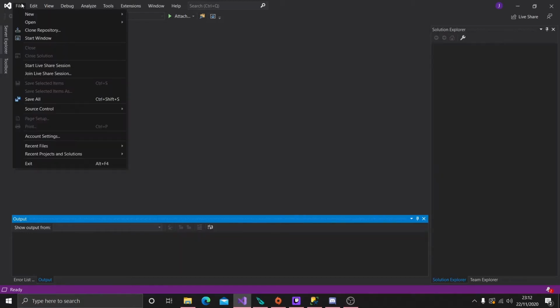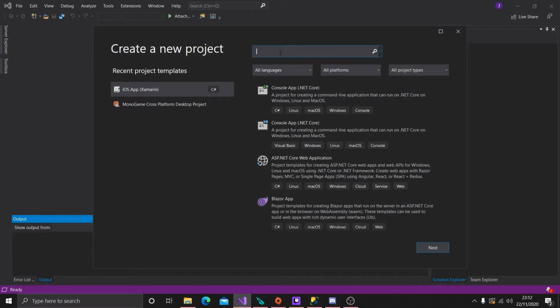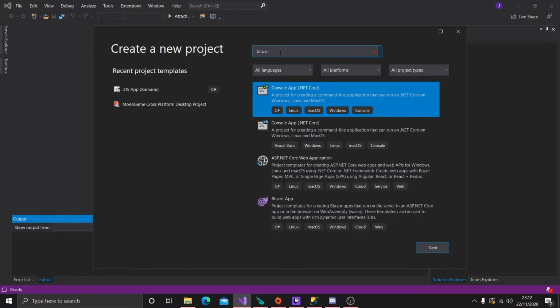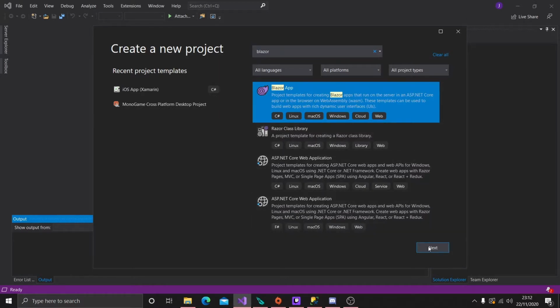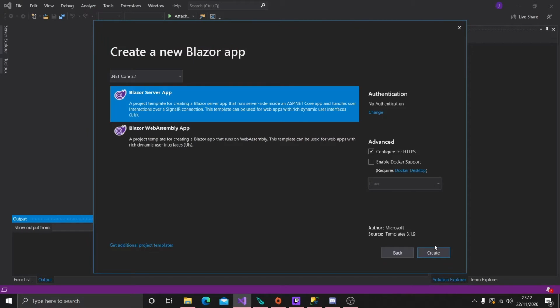So we're going to start File, New Project, and search for the Blazor template. Wait for that to load. So the thing about Blazor templates is it's going to give us two options. So let's just give this a name. I'm going to call it Identity Demo Blazor and create that. Yeah, sorry, as I was saying, the thing about Blazor apps is it's going to give us